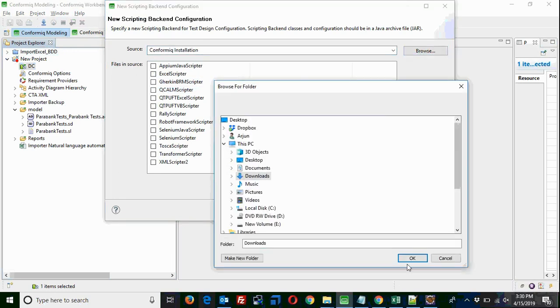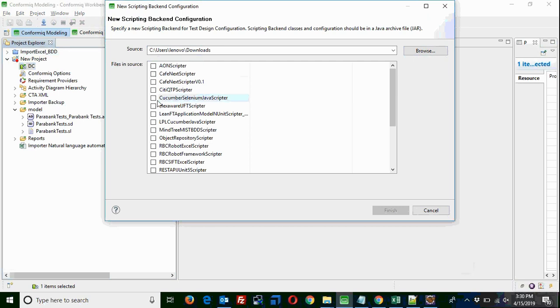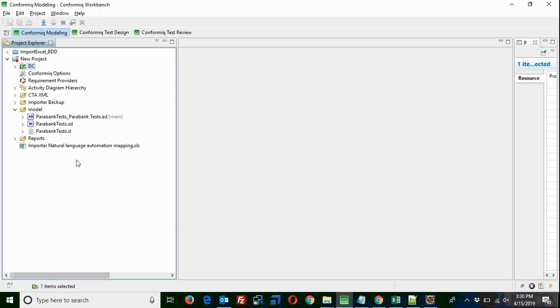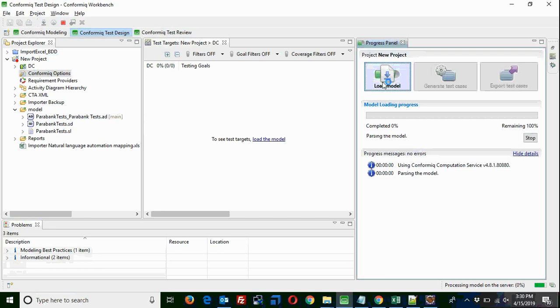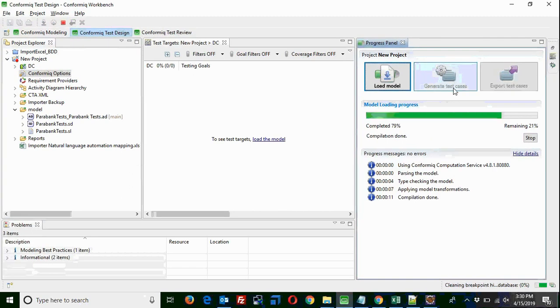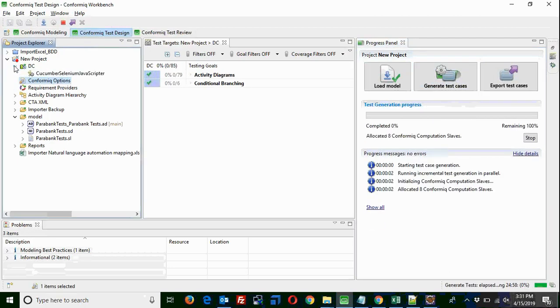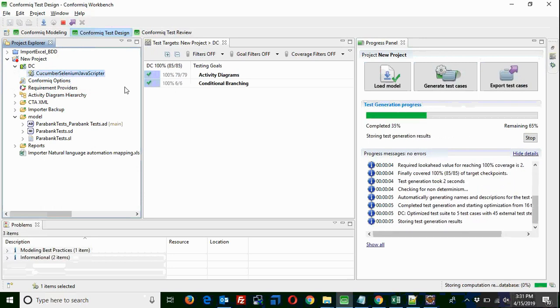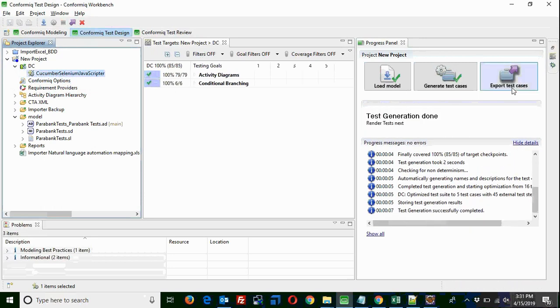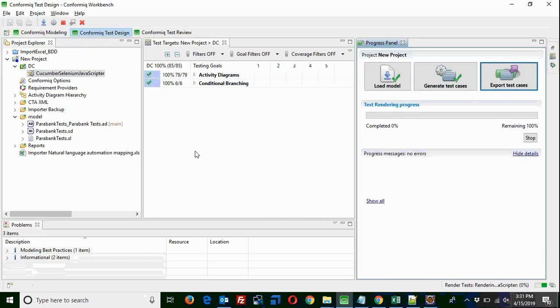See, we have multiple options. Cucumber integration with Conformiq is not only for the legacy assets, our legacy test cases, to models, to automation scripts. You can even create a fresh model here. In Creator, or Conformiq Creator, you can create a beautiful model with the look and feel of the application or with the business process flows. Then with this Cucumber scripter, you will automatically get the scripts. So legacy test cases are not mandatory. That is one of the accelerations.